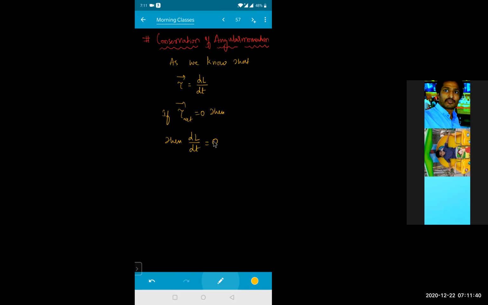Differentiation of this is zero, so L bar will become constant. L bar is equals to constant. Differentiation of any constant is only zero. If angular momentum